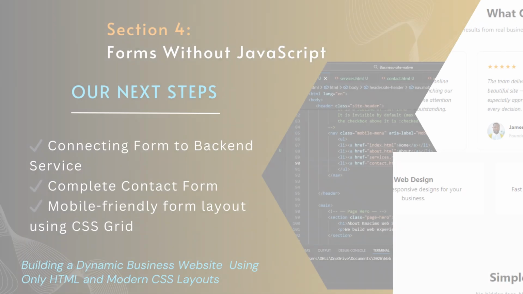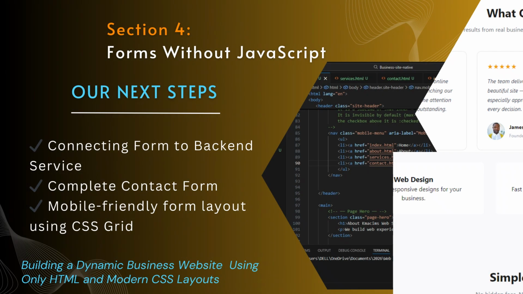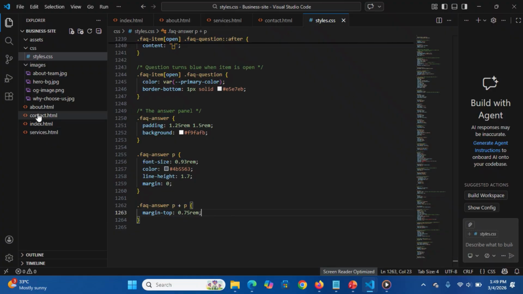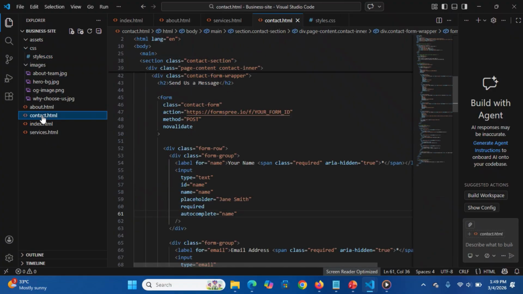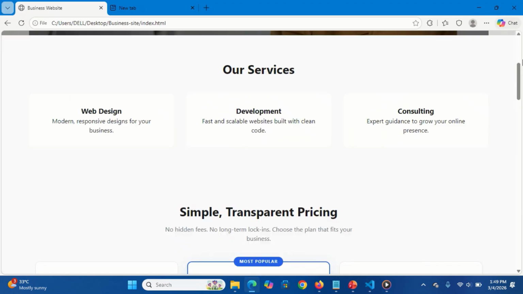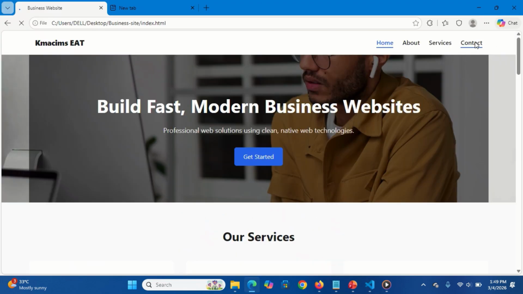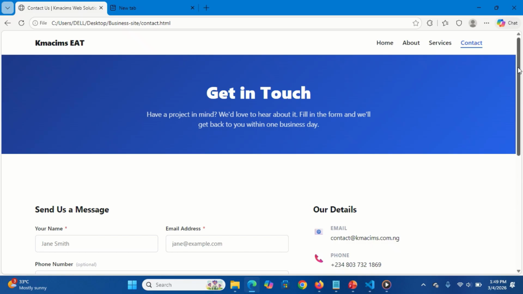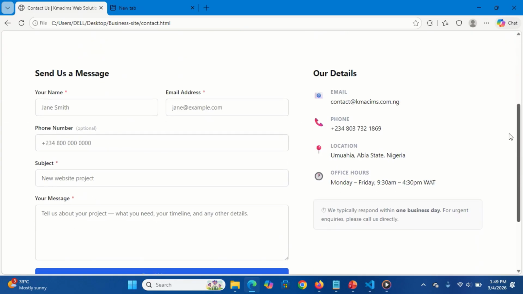Build a complete, accessible, and validated contact form using only HTML5 and CSS. No JavaScript required at any stage of construction, styling, or validation. Every business website eventually needs to answer one question: how does a visitor become a lead? The contact form is the answer. It is the single most important conversion element on a business site, more important than the hero image, the testimonials,